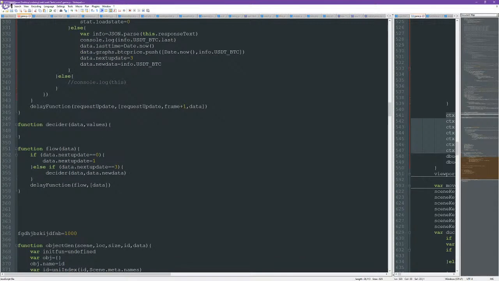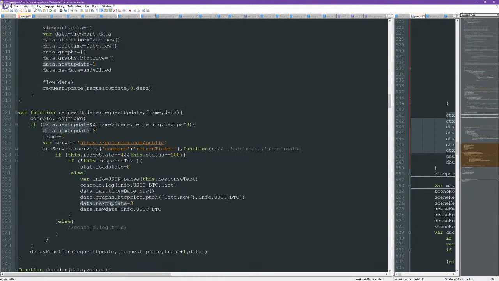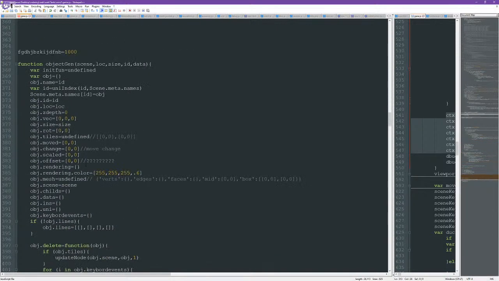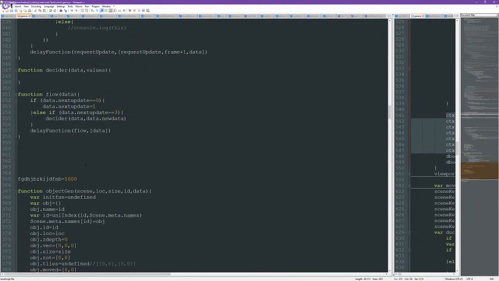Alright, so that's not going to happen yet, so then we got the flow loop. The flow loop is saying that this is equal to 0 because that's equal to 0 by default. With this thing, actually it could be equal to 1 by default, whatever, equal to 0. So we immediately want information to run through the decider. If we don't have information, or we don't have the next, or the newest information, then we just do that. Then else if,